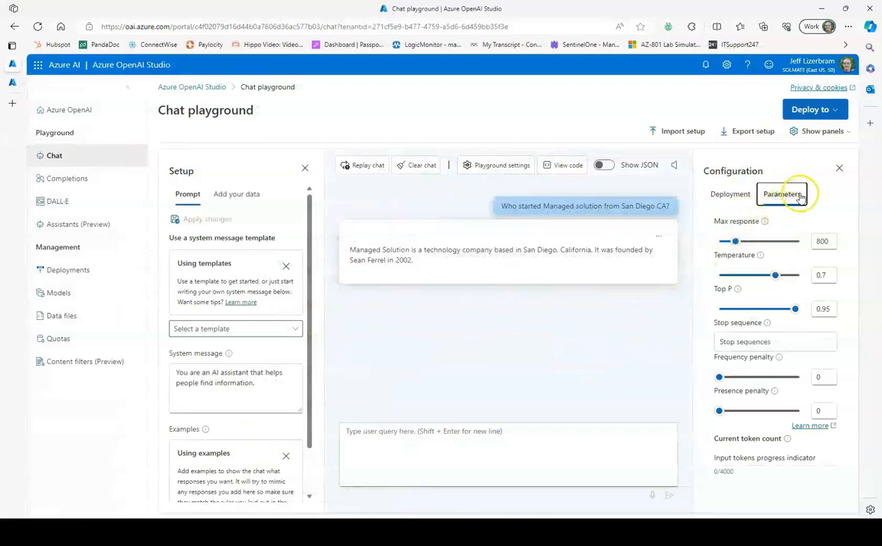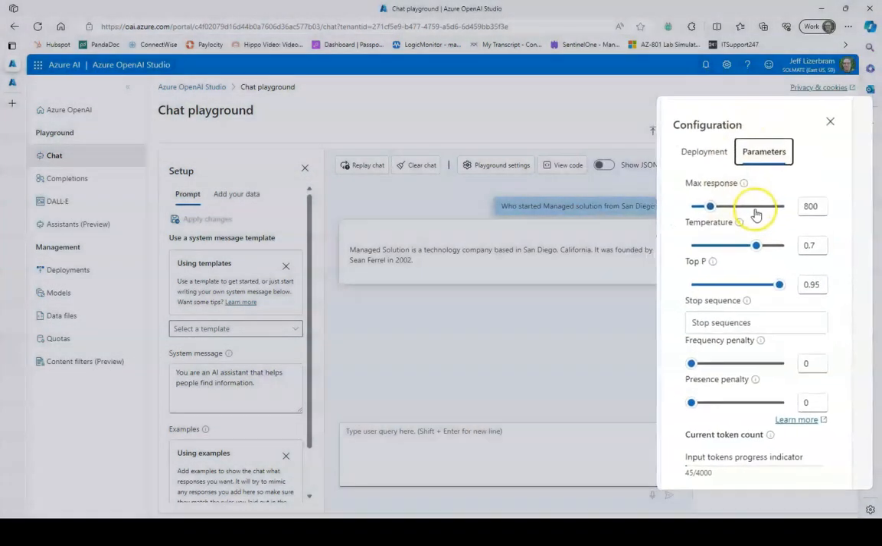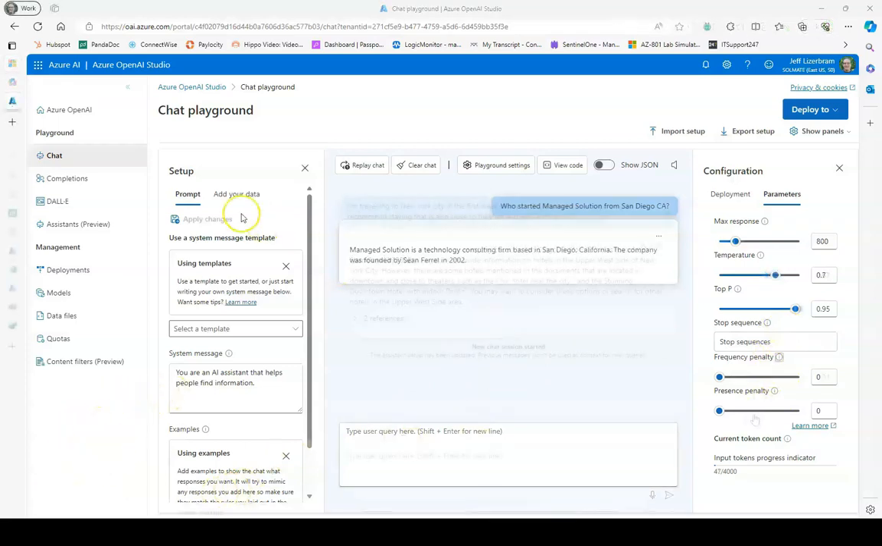If you click on parameters on the right, configuration, you're going to see a bunch of slider bars here. The temperature bar and the top P bar, these are what are going to give it more personality. Now, the more personality warmth that you give it, you kind of have to be careful because it might not provide the correct answers and it might not be as accurate, but it's going to certainly give you a lot more randomness and a lot more human-like behavior in the responses. Pretty interesting on how